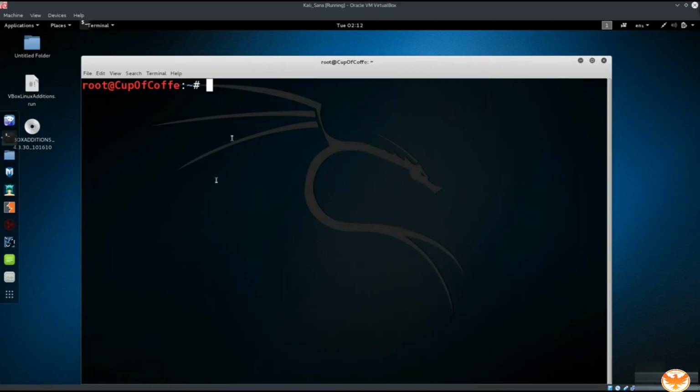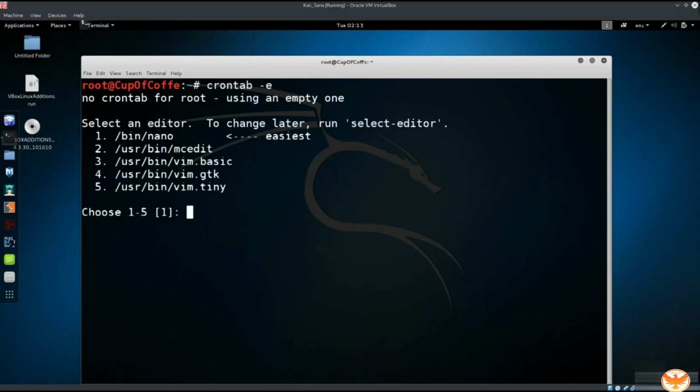There is another thing that can be implemented, and Linux allows for scheduling of tasks. So you can schedule a task to run at boot time, so you can have your MAC address changed every time you boot your machine. So if you type in crontab -e in Linux, it's gonna ask you which editor would you like to use. So I always like to use vim,